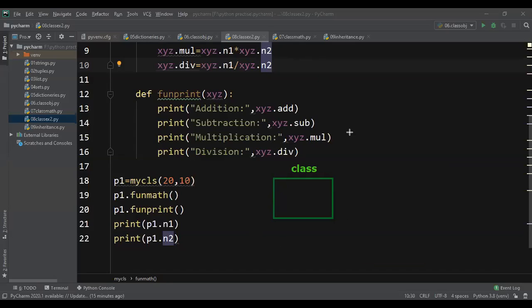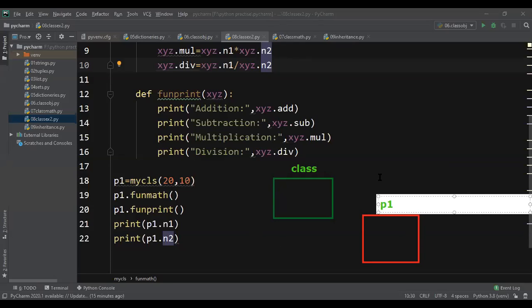My object name is P1. So what will it do now? For this class, we have created one object P1.